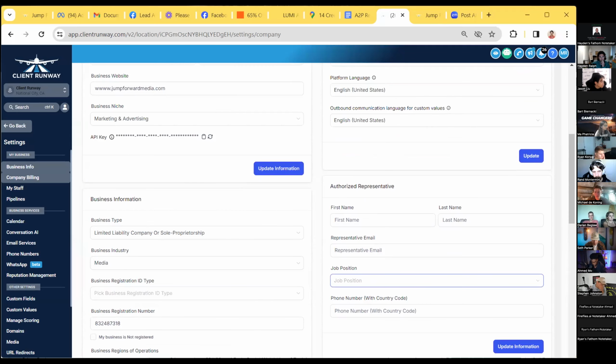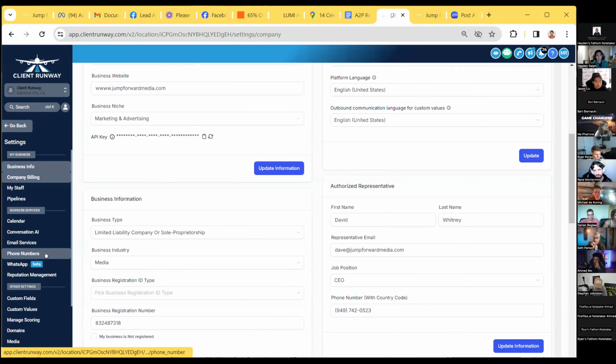By the way, for the A2P, we can only register US phone numbers. So if they're located in Canada, we don't have to do that. Will you repeat that one more time? For the A2P registration, we can only register US phone numbers, so if they're located in Canada, we don't need them to register for A2P. They can still use the phone number. Okay, got it.